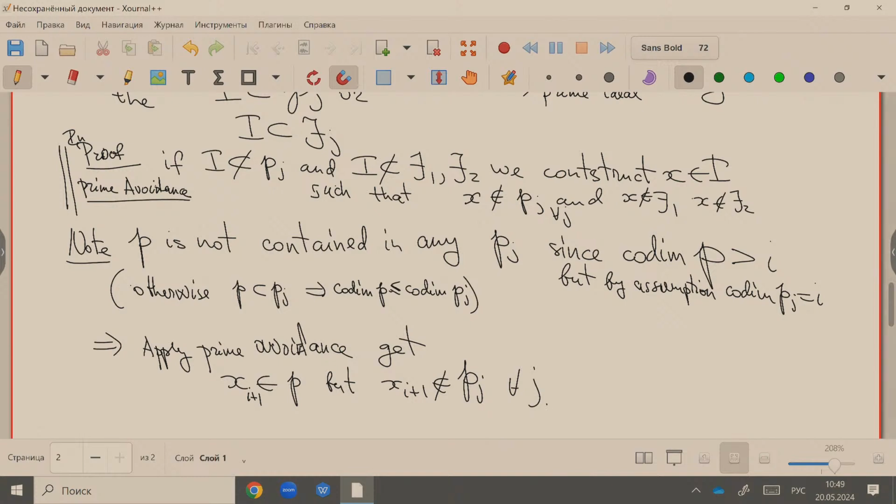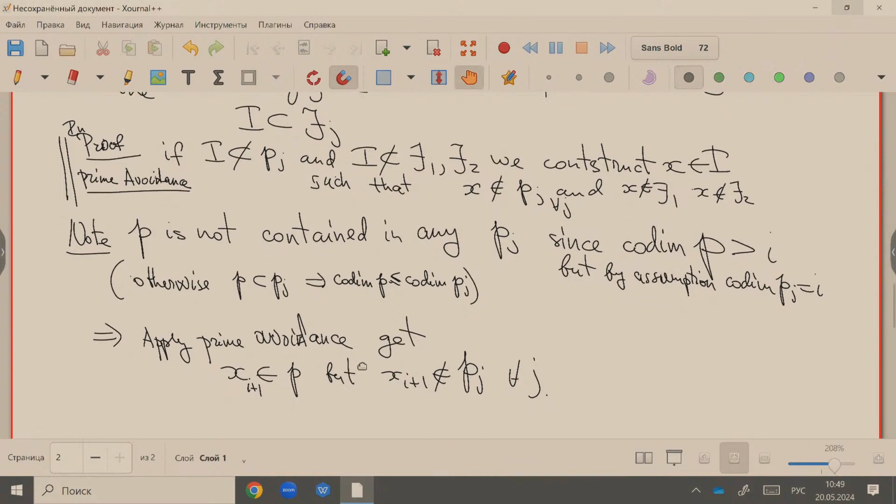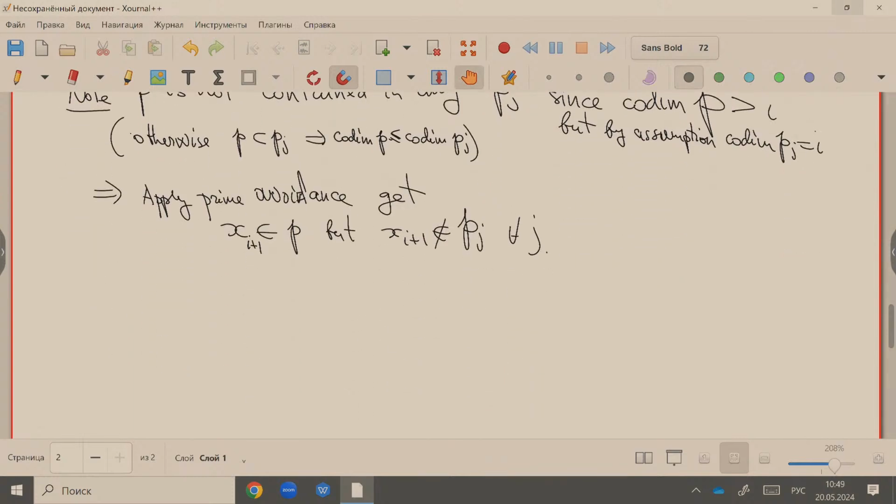And now it is almost everything. We have to prove that now we have to take, we have constructed